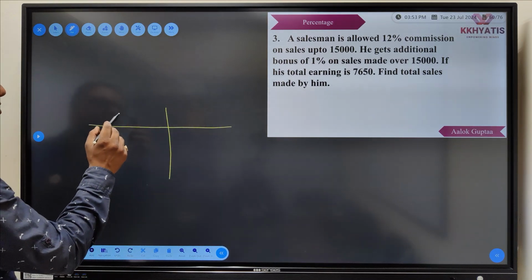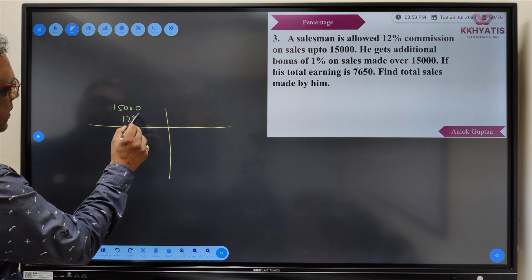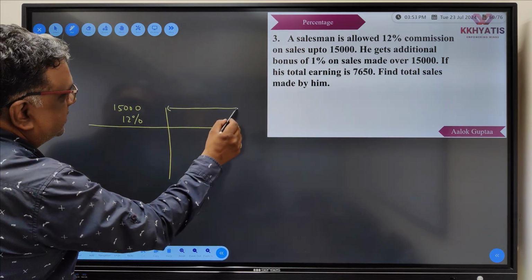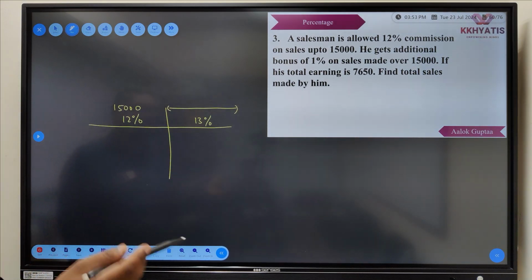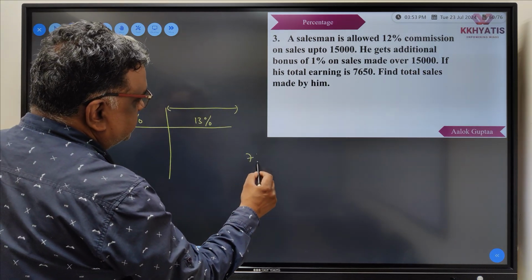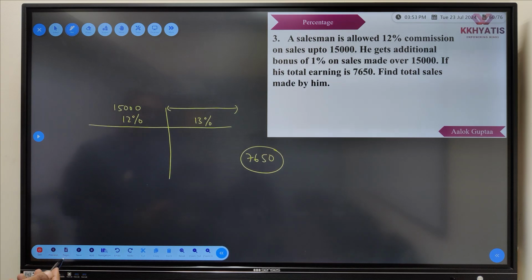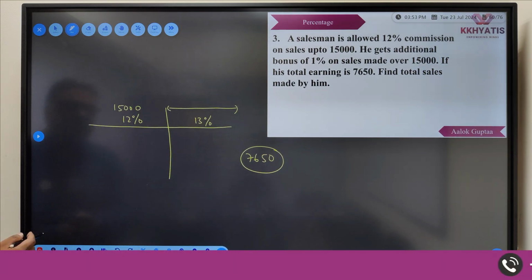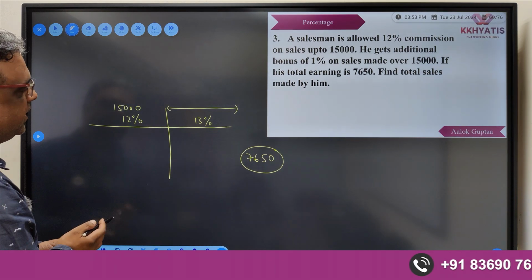उसको 12% commission मिलता है on the sales up to 15,000. And on the sales above, he gets 13% because he gets additional 1% bonus. So 12 plus 1 he gets. अब उसकी total earnings, his total commission is 7650. Right? So now, again we say, let us say he decides that he will take